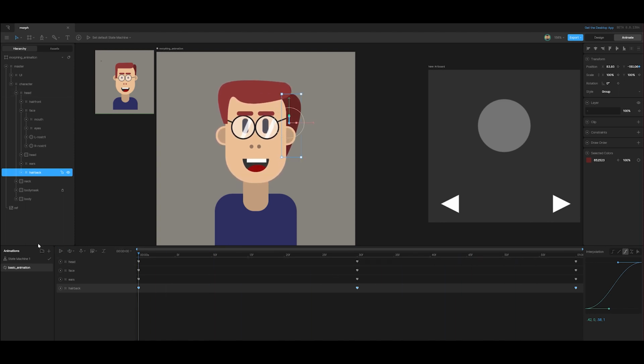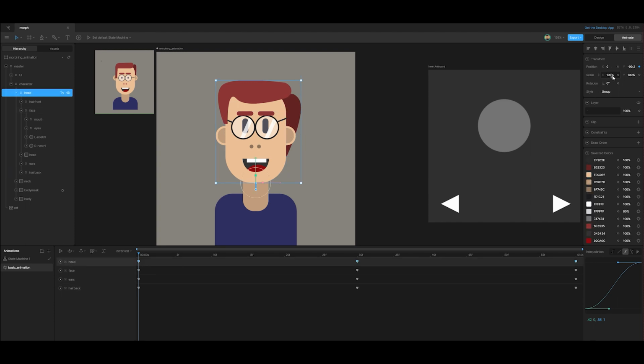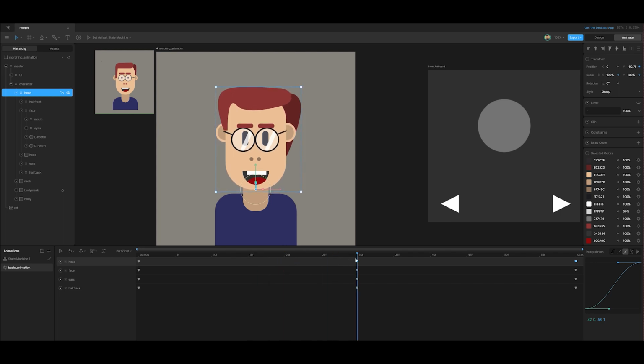But we can make it a bit more interesting by going into the head. Let's add a bit of squash and stretch. Put a keyframe on the head group, on the X and the Y. And then when the character's down, we give it a bit of a squash. Just subtle. This is just very subtle. Maybe 103 and